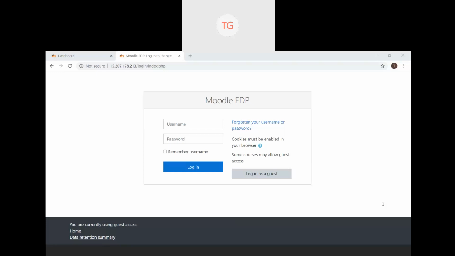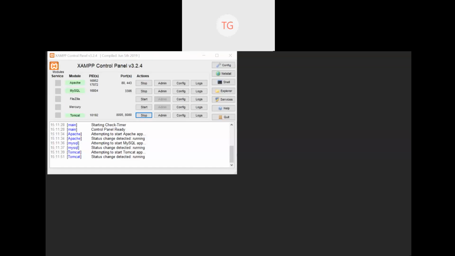This will initiate the XAMPP exe, and a window of this kind will appear. This is my XAMPP server that opens up.